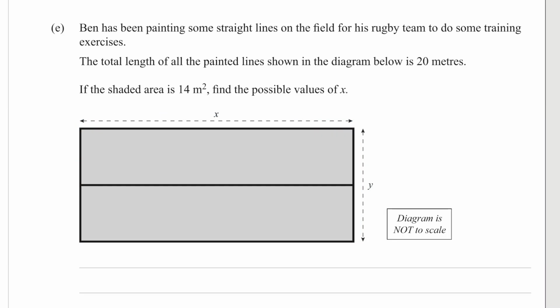We're also given that the area of this shaded rectangle is 14 meters squared. Our task is to find possible values for x. So this type of problem is great for us because it boils down to algebra, right? The hardest step is the first step, which is putting it into an equation or multiple equations. And then from there, all we're doing is using everything we know about solving equations